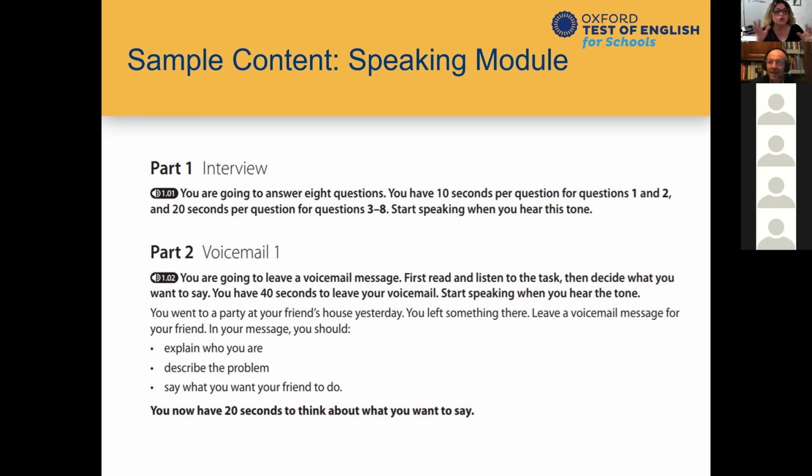So this is just like the writing task that had those 3 sections illuminated in pink. You have to answer this, this, and this. So in speaking part 2, you have to do the same. As Maricel says, the 3 things. You must answer these. In this example, you must explain who you are. Okay? You must describe the problem. Okay? And say what you want your friend to do. So that's a request. Do you remember we were looking at requests in writing? Yeah? So could you please, would you be able to, would you mind